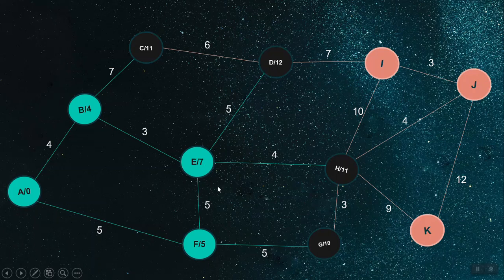Okay? And also H11. Okay, so from these four values, who has the lowest amount of path cost? So we have 11, 12, 11, and 10. So since G has the lowest, we'll just explore this one. Okay,